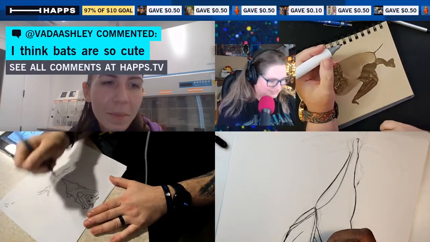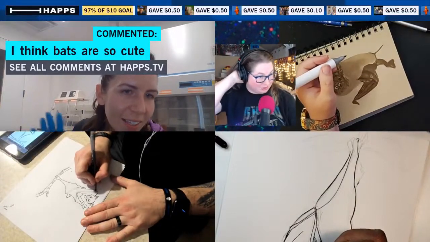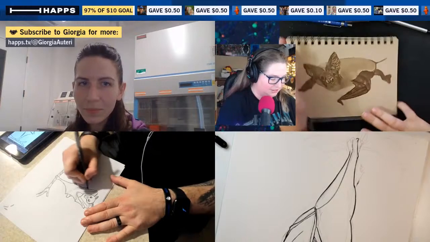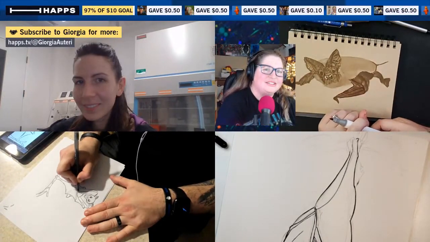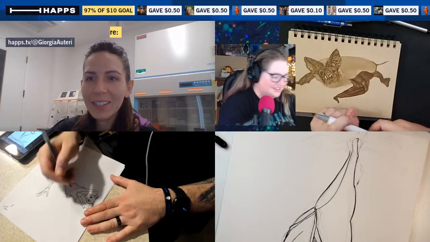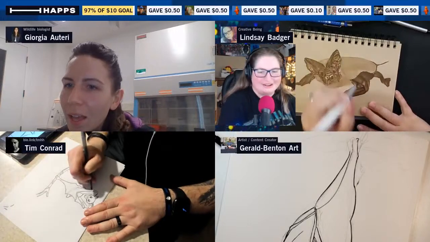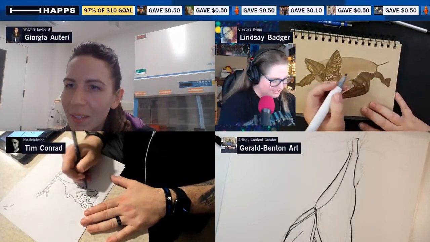They are awesome. Yes, some bats are adorable, some bats are things of nightmares, or at least they look like it anyways. And some of them are like, what is that thing? What's happening? Who thought that was a good idea? But I bet you they probably have the best dinners, so I'm not going to judge them too hard. Maybe,